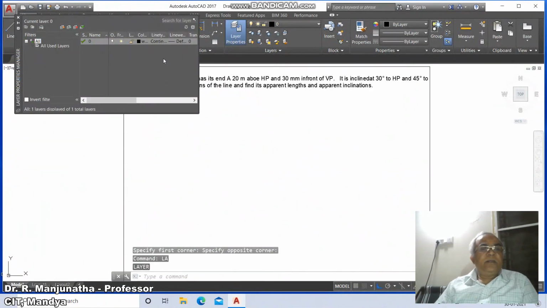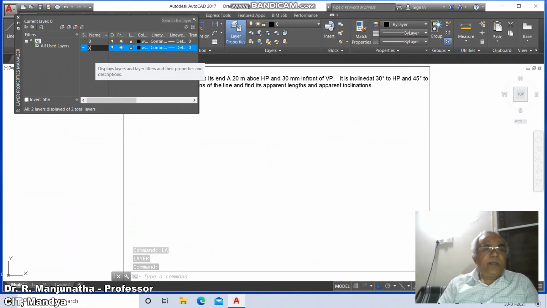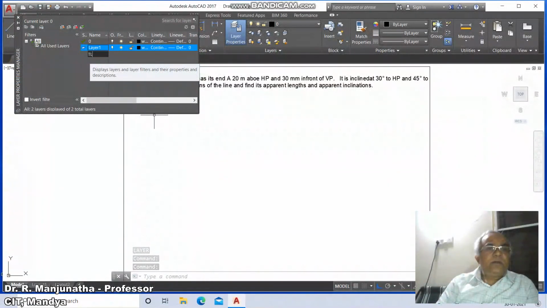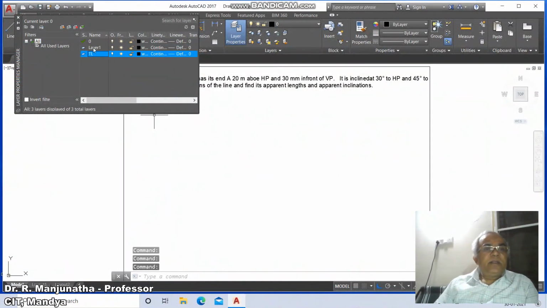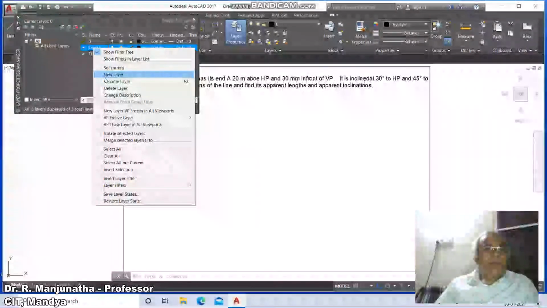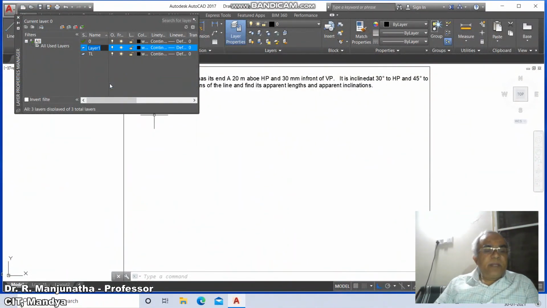First we're going to set the line thicknesses. So go to new layer, click on new layer and type the layer as XY. So type XY, and then again press enter key. Again you click on new layer and make the true length one layer TL. Then similarly you go to this layer and rename the layer as XY and then press enter key.